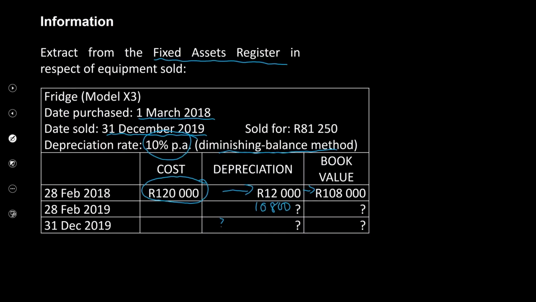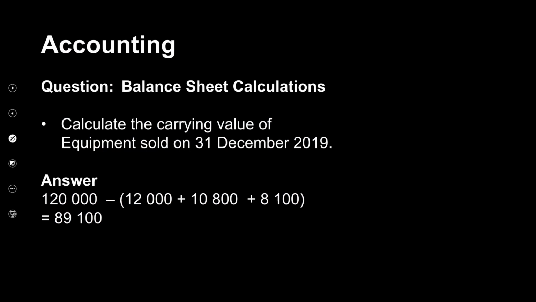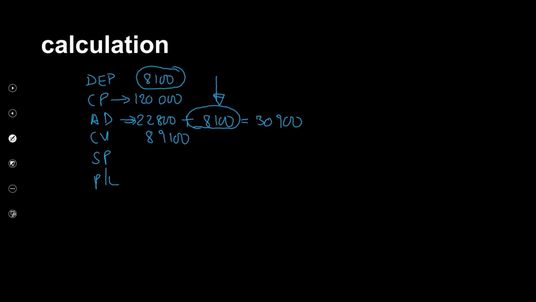This asset was sold on the 31st of December 2019. Okay. Coming back to my calculation, I add the 8,100, which is my current year's depreciation, to my opening balance, which was 22,800, to give me a figure of 30,900. That's the total accumulated depreciation on the equipment that we are disposing. So now I take my cost price of 120,000 minus the 30,900 will give me my carrying value of